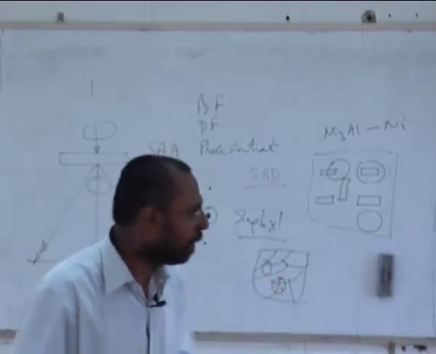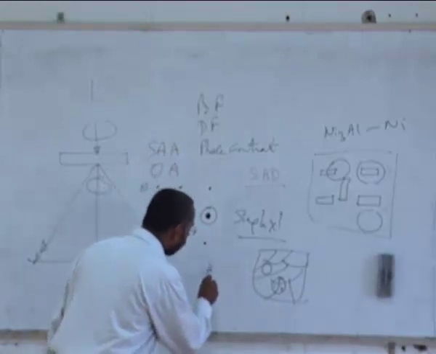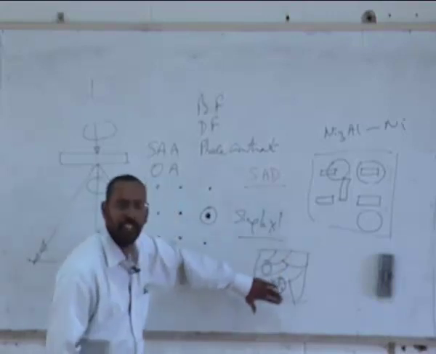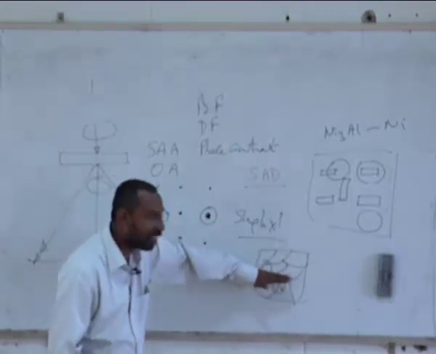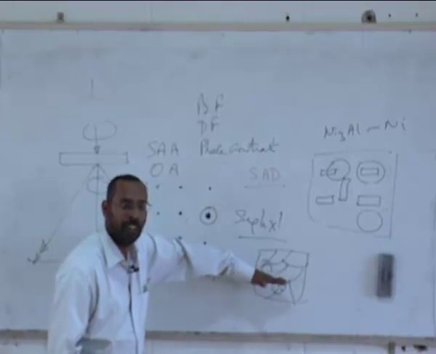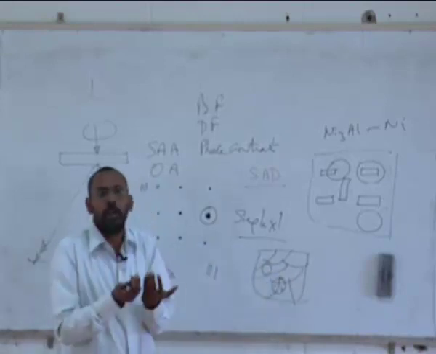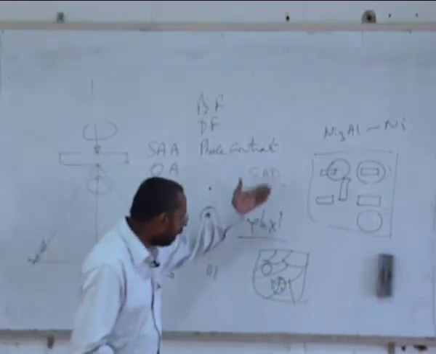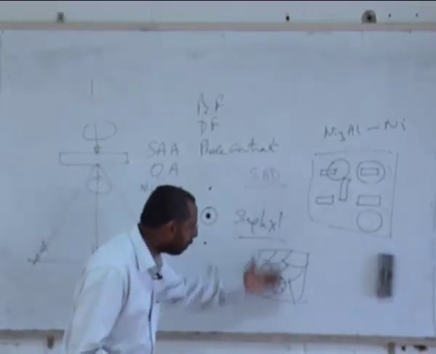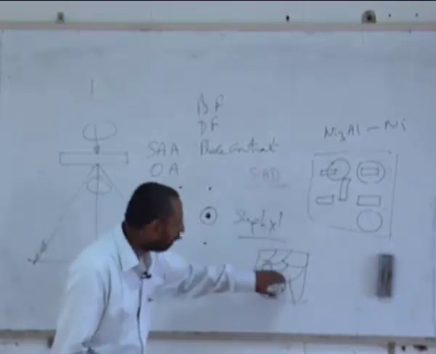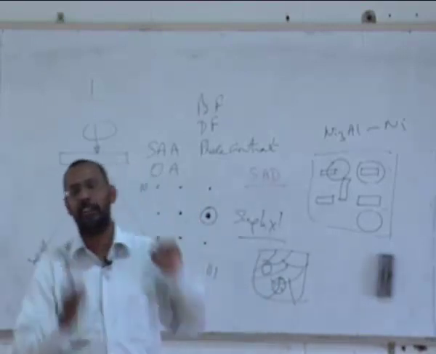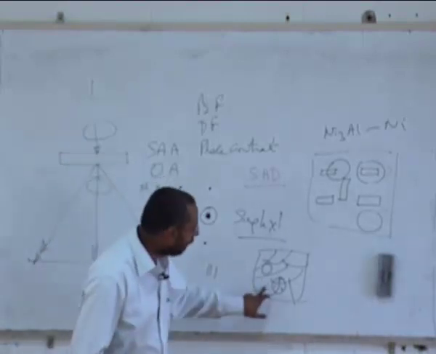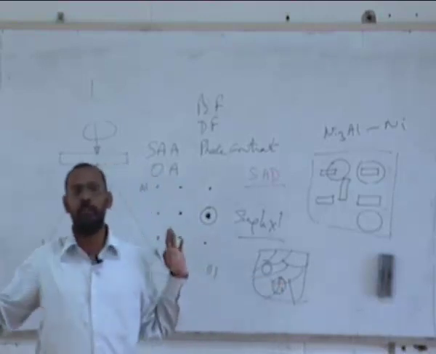That's what we say. That means if I am taking a particular plane called 111 plane, if the 111 plane here is parallel to the surface, the 111 plane here is at a certain angle to the surface. The 111 plane in grain 2 also is possibly at certain other angle. That is the only difference. So if I consider that in one of the grain, the 111 planes are just parallel to this top surface, the other 2 grains are such that they are at an angle. But the D spacings for this 111 plane, whether it is grain 1 or grain 2 or grain 3, it is all the same.